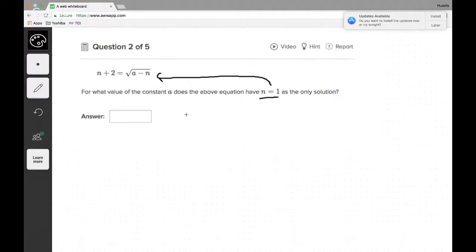So we're going to replace, well, let me rewrite the whole thing first. n plus 2 equals square root of a minus n. And then I'm going to plug in 1 for everywhere we have an n. Square root of a minus 1. Okay. This becomes 3 equals